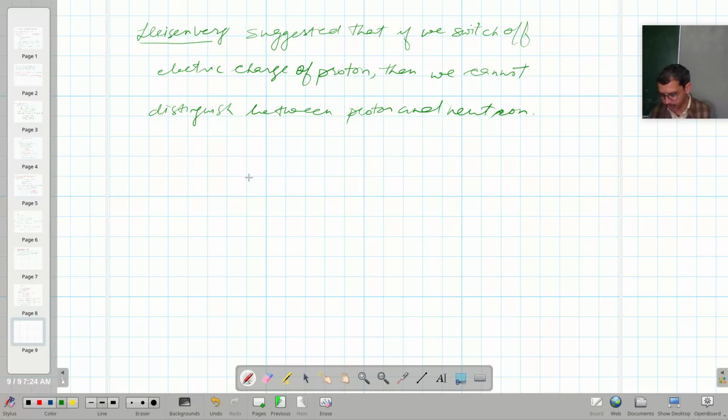We cannot distinguish between proton and neutron. So keeping this in mind, it was proposed that